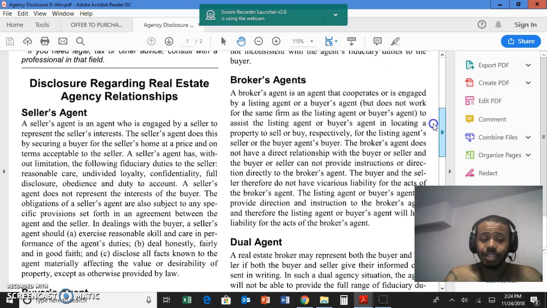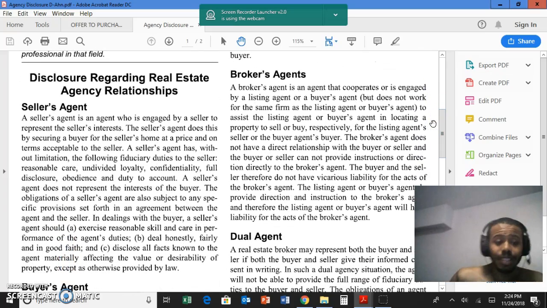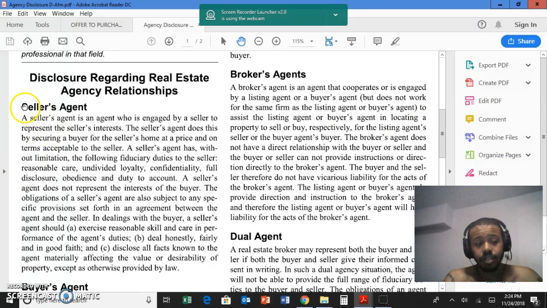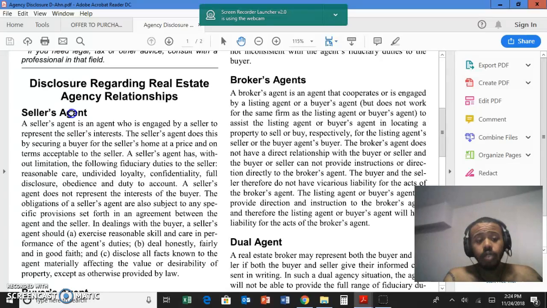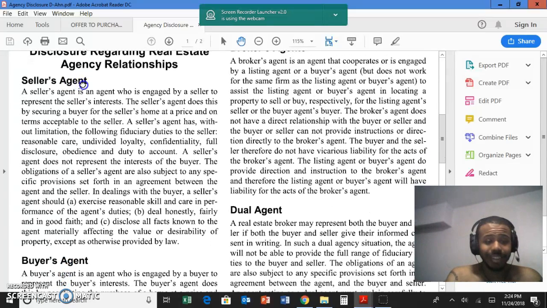So let's see. Disclosure regarding real estate agency relationships. Initially you have here the seller's agent, which would be the person selling the house. And it says the seller's agent is an agent who is engaged by a seller to represent the seller's interest. The seller's agent does this by securing a buyer for the seller's home at a price and on terms acceptable